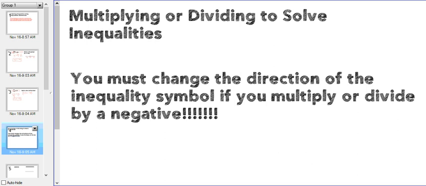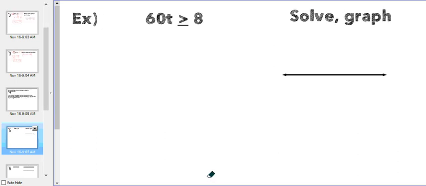All right, just another reminder, if you multiply or divide by a negative to solve, you have to flip the direction of your inequality symbol, okay? Every single time. Got to remember it. Big important rule. All right, so here's an equation, or an equation inequality, I should say. We've got 60t is greater than or equal to 8. I need to get t by itself, so I should divide by 60 on both sides. Divide by 60. I've got that t is greater than or equal to